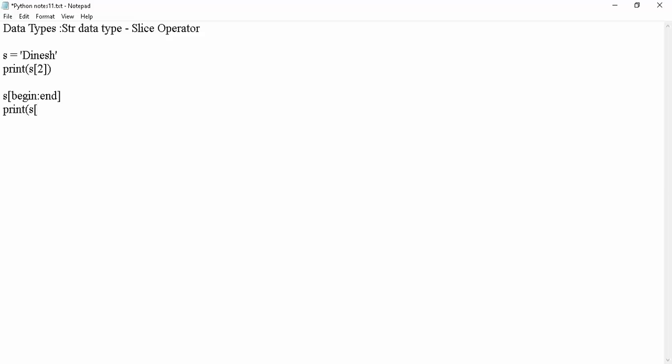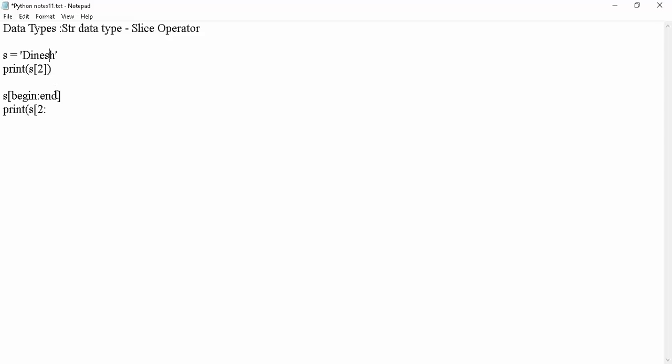For example, I need this NES, then I need to mention print s of 2 colon. I need NES. So 0, 1, 2, beginning is the start. This one 3, 4. NES is up to 4.